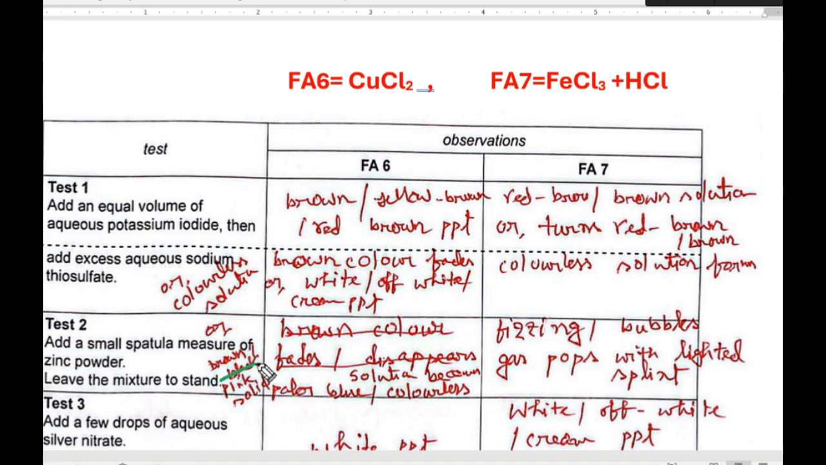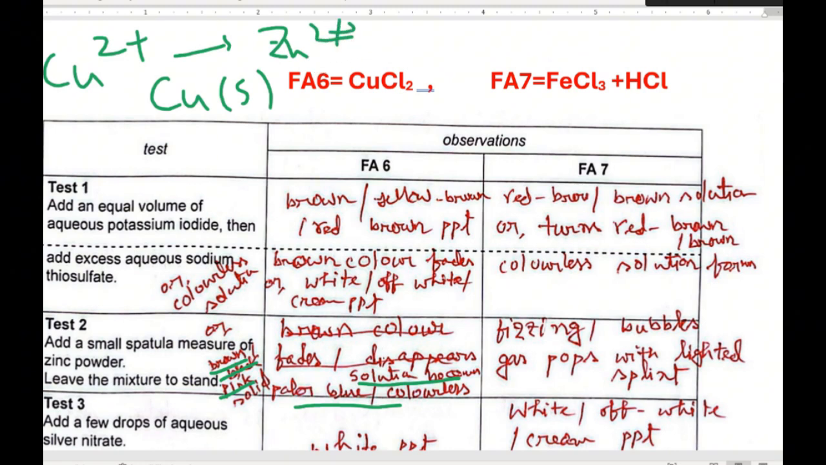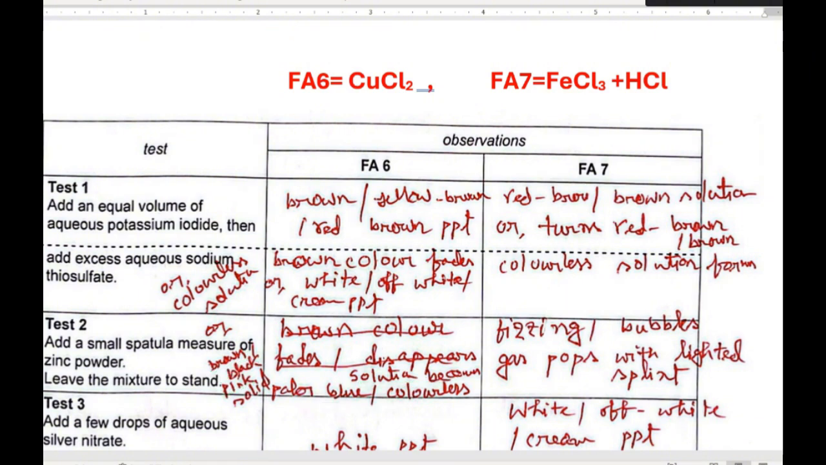So you can write black solid or pink solid or brown solid, because copper solid is pink brown, and the solution becomes pale blue, or copper ion goes to zinc ion, or you can write blue solution goes to colorless. Blue solution goes to colorless. Or you can write blue solution turns to colorless. Okay, now for